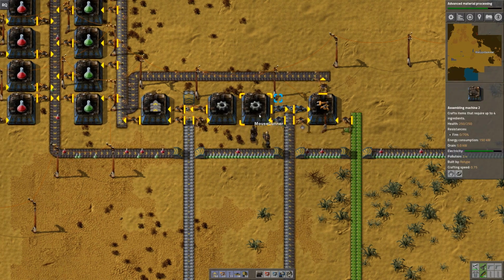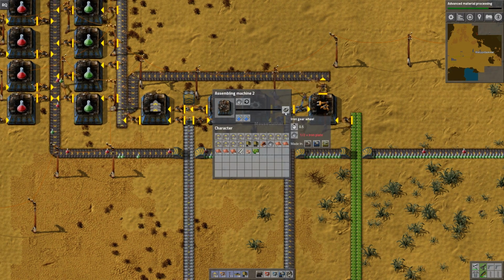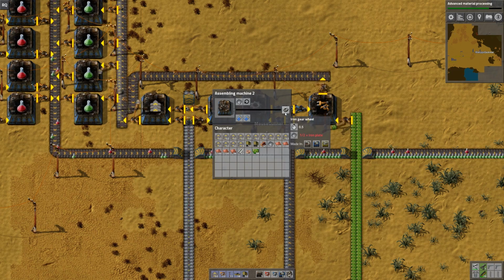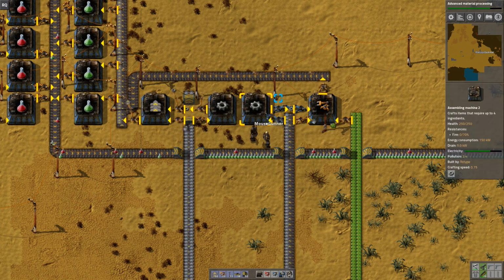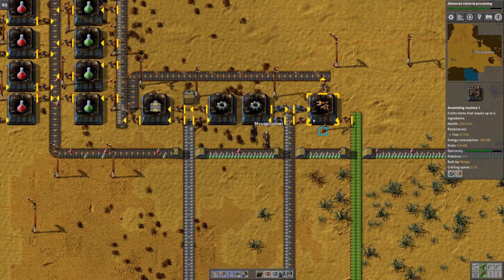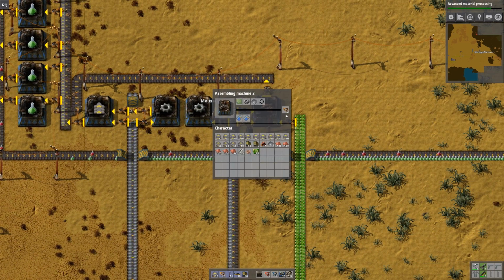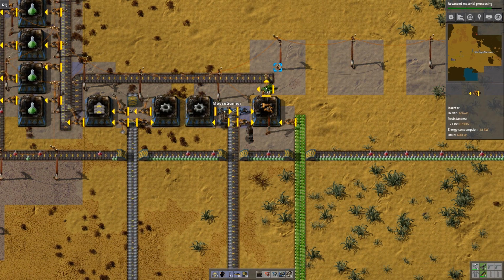But you can at least tell once you open up that gear machine, it's running a little bit better right now because it's getting the iron plate it needs faster. Does that make sense? Mm-hmm. Now, out of curiosity, not that we're going to do this, but if you had run